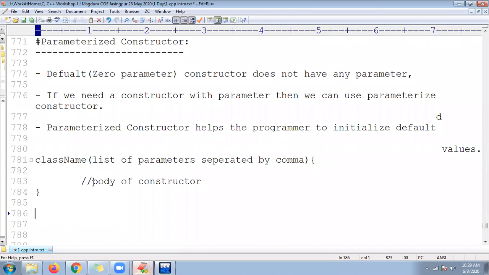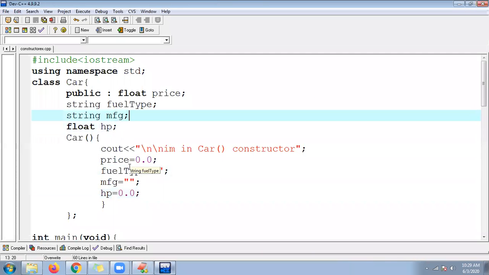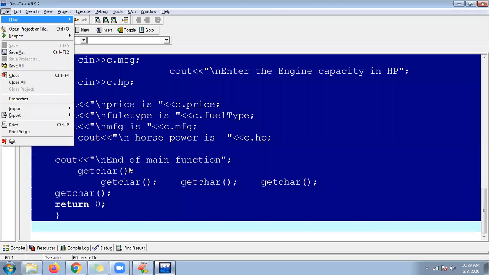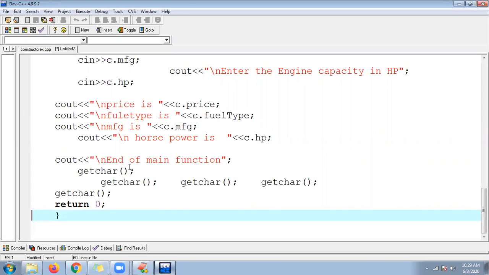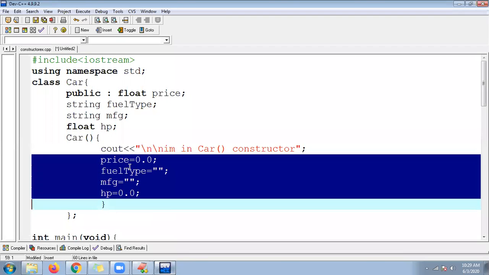Okay, guys, let me use the same example. Copy it into a new source file. You can see here, last time we initialized by using defaults. Now I don't want to initialize with 0.0, the fuel type, manufacturing and 0.0. I want to initialize my own values.